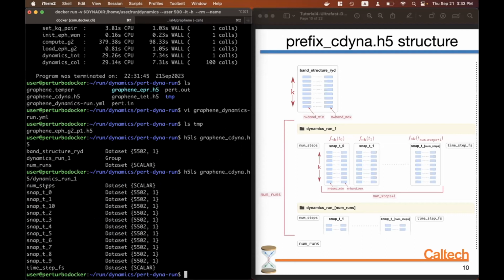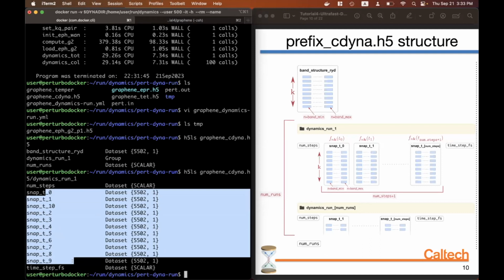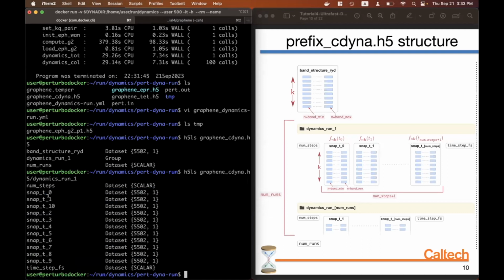And we have from time equal to 0, which is the Fermi-Dirac distribution, and then up to snapshot t equals 10, which is at 100 femtoseconds, the end of the run. So there are 11 outputs when we say there are 10 steps. So here is a basic way to do a dynamics run, and let me demonstrate how we can do a restart from